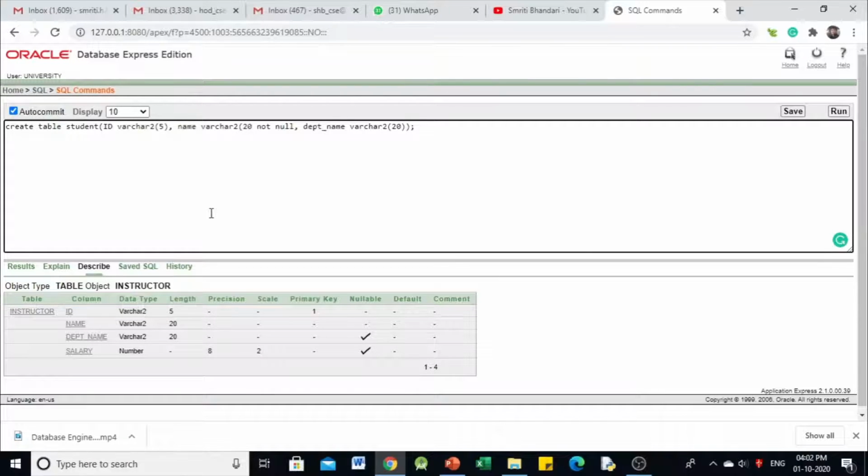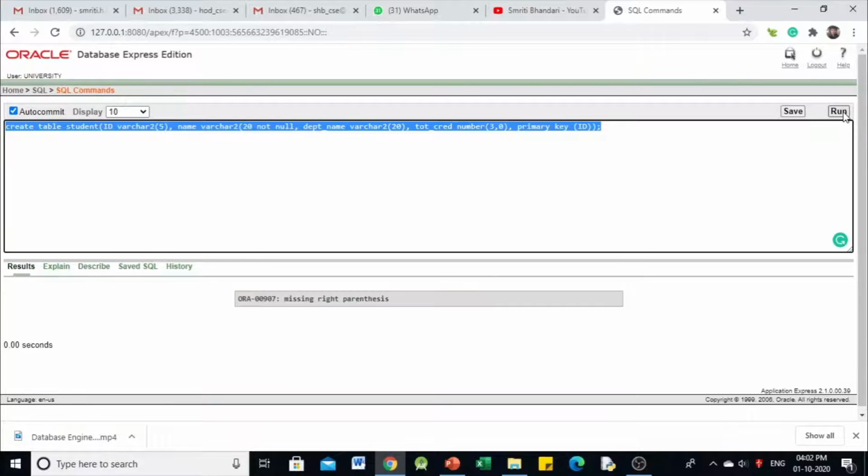Then total credit number, say 3,0. And now designate the primary key: primary key as ID. Now let us run this statement.